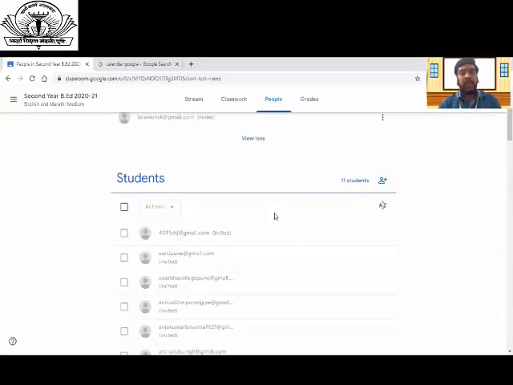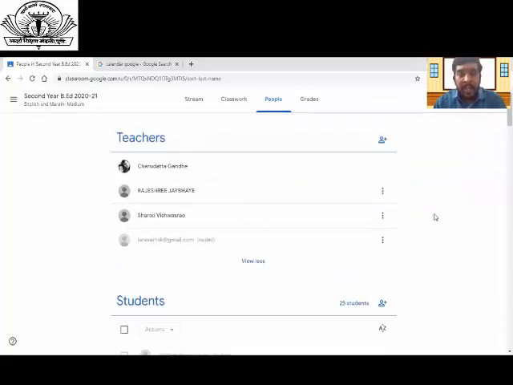The same is there on the desktop interface also, only there appears a tab as join. In mobile there appears a link to join, and here appears a tab as join. You can click on join, and you will get joined in the class. So 19 students have accepted the invitations. People are also added there.